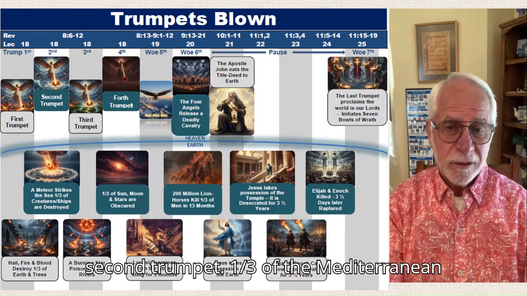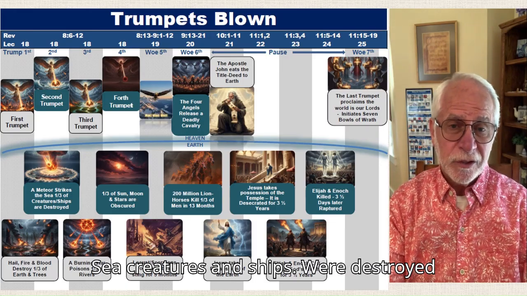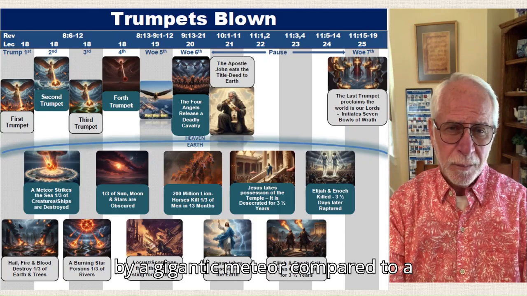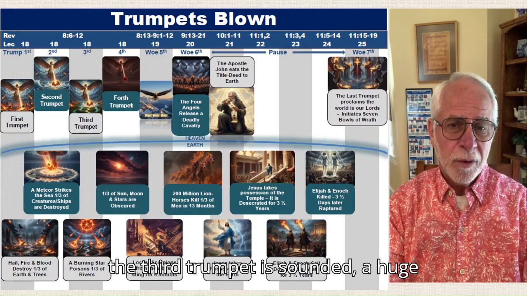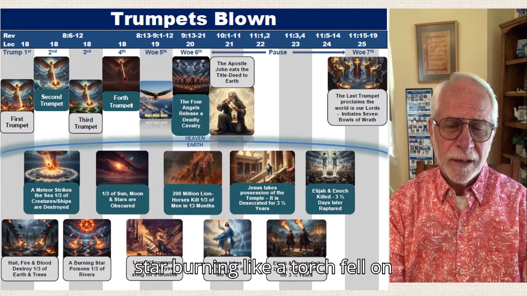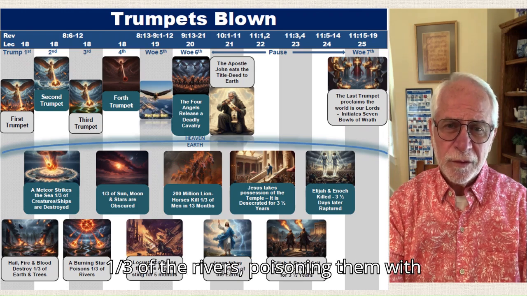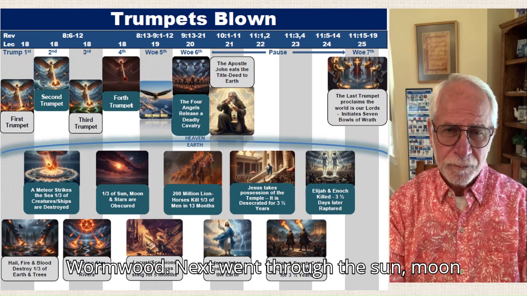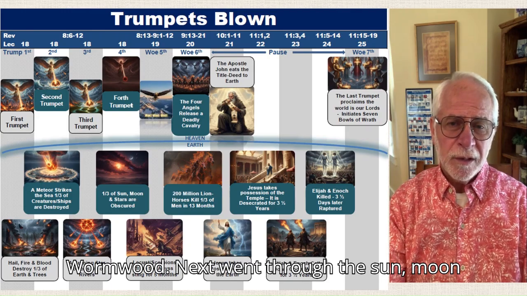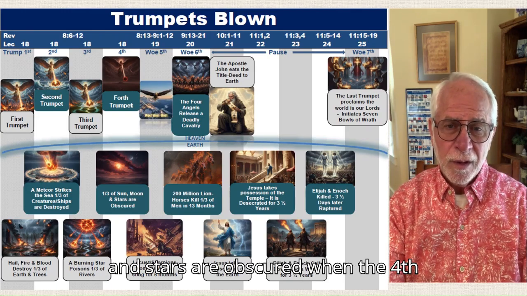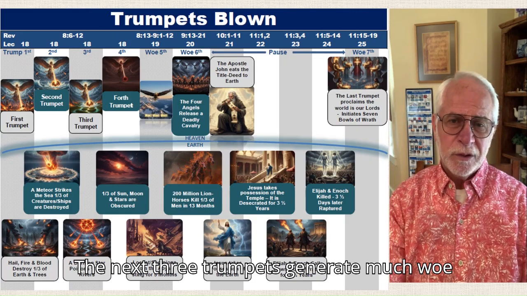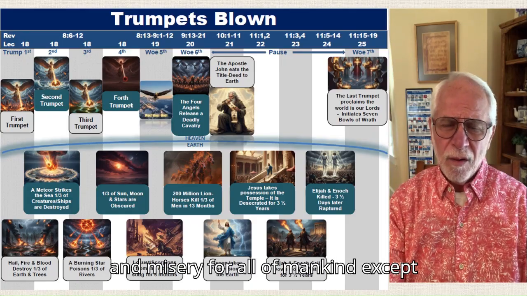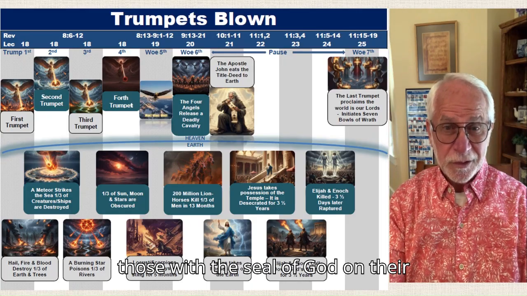At the sounding of the second trumpet, 1/3 of the Mediterranean Sea creatures and ships are destroyed by a gigantic meteor compared to a great mountain burning with fire. When the third trumpet is sounded, a huge star burning like a torch fell on 1/3 of the rivers, poisoning them with wormwood. Next, 1/3 of the sun, moon, and stars are obscured when the 4th angel blows his trumpet. The next 3 trumpets generate much woe and misery for all of mankind, except those with the seal of God